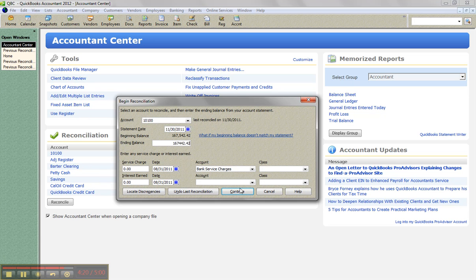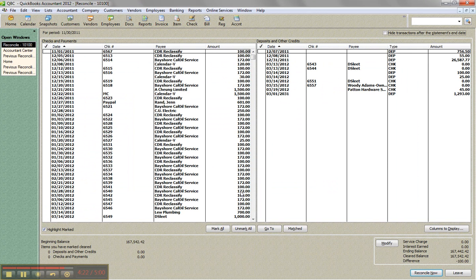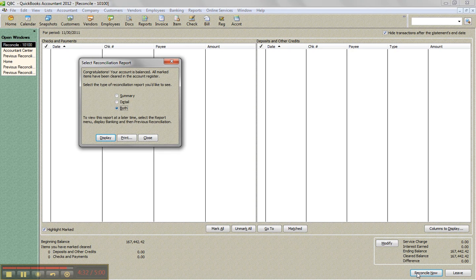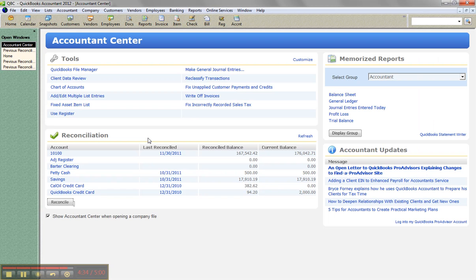167,442.42. Click Continue. And again, hide transactions after the statement end date. Check off the check I just put back in. Difference is 0. Reconcile now. And now it's back to what it was. And that's just solving for a typical issue you'll have when you void or delete things that were already cleared or reconciled. Now I click Refresh. It's back to